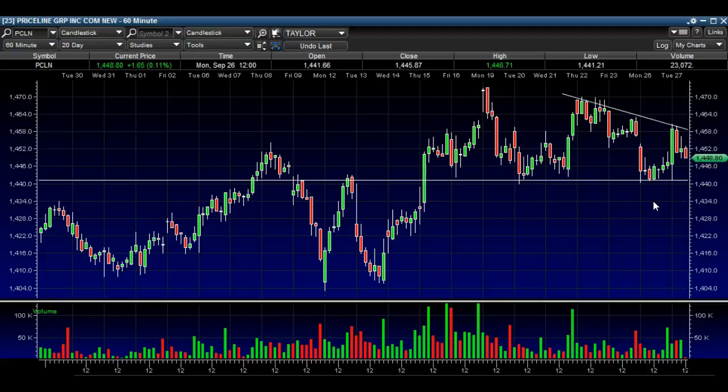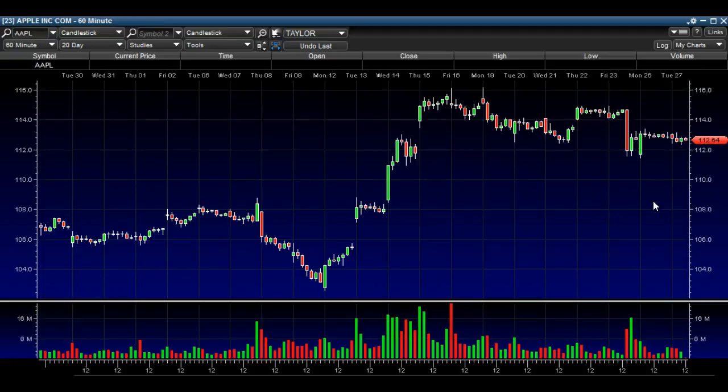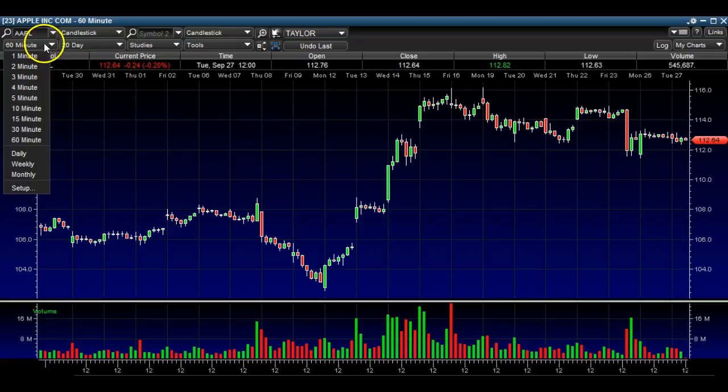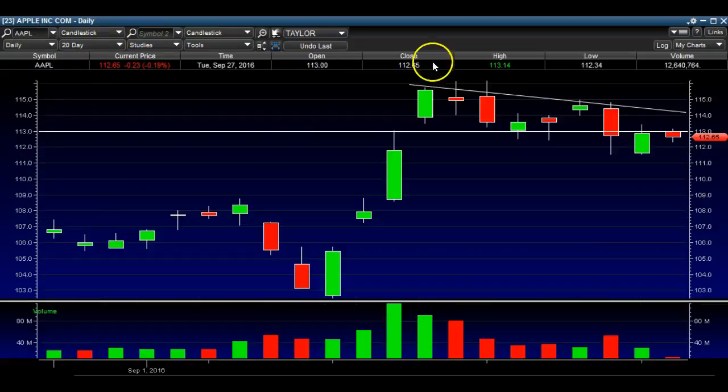And we're going to take a look at Apple here. On Apple, I want to take a look at the daily chart right here, and I want to show you something because you can see a little bit better on the daily time frame. You can see that we've got a short-term downtrend line. Overall, I think Apple definitely heads higher, but in the short term,